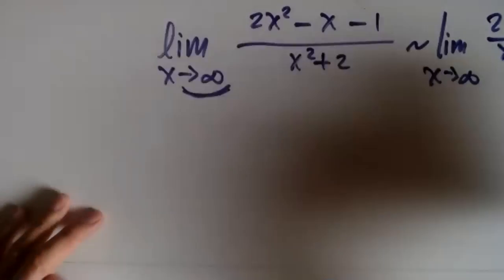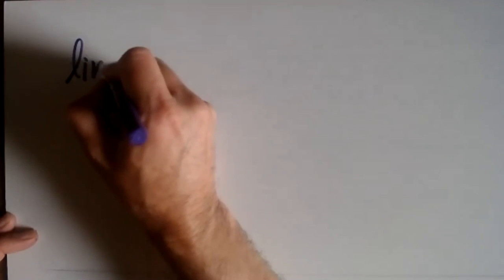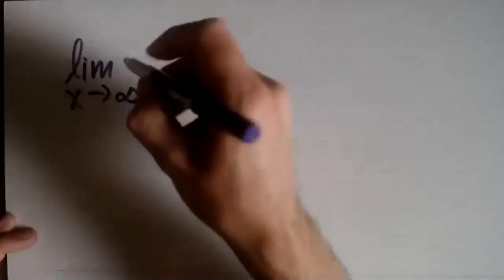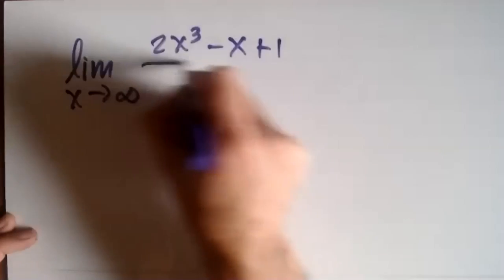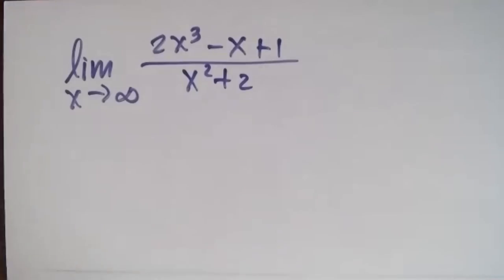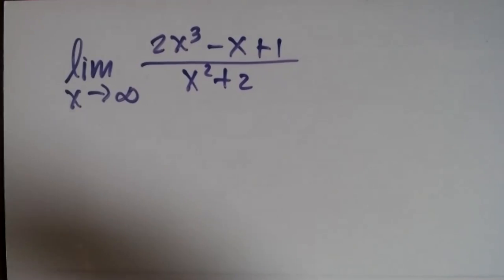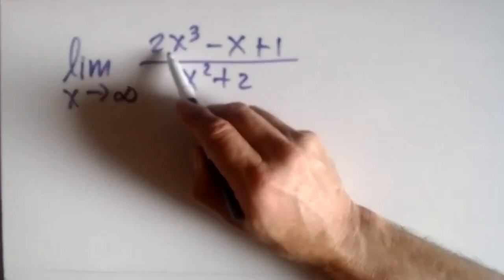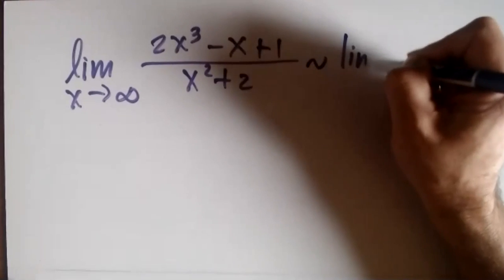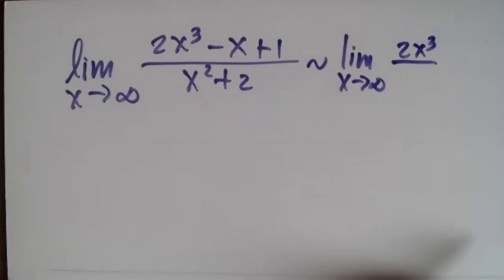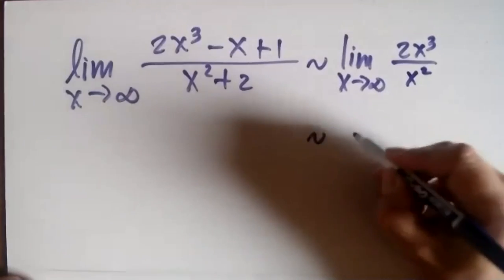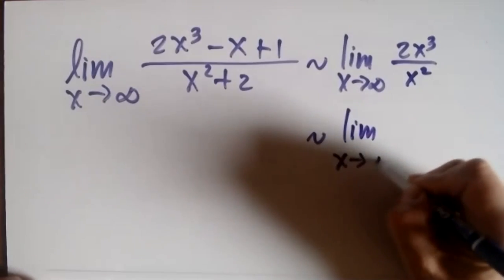Now, what happens, as Sergio is asking? Suppose I have the limit at infinity, right, of 2x cubed minus x plus 1 over x squared plus 2. Suppose that one. Okay. The reasoning is the same. Who's the big boy at the top? 2x cubed. So I put limit at infinity of 2x cubed. Who's the big boy at the bottom? X squared. Now, simplify the expression. Limit at infinity of